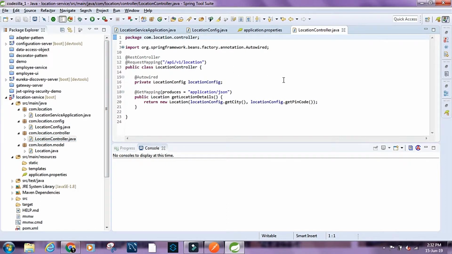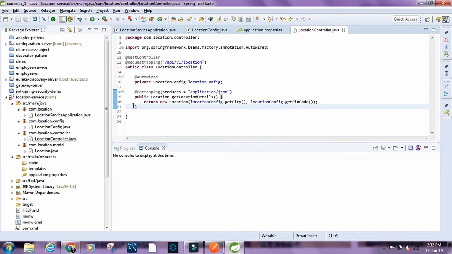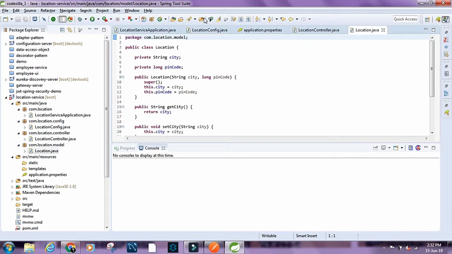And this is a controller. It's a very simple controller. I've annotated this class as a REST controller, and we have this request mapping path. This is the path for this API, and then we have a get mapping here. It's just returning a location object. Location is nothing but a simple Pojo class for location. Let's just run this application and see